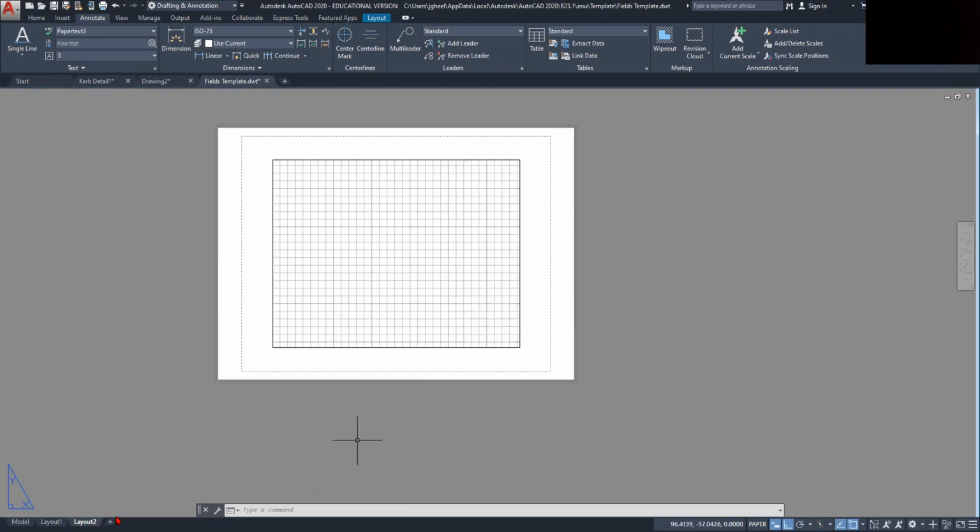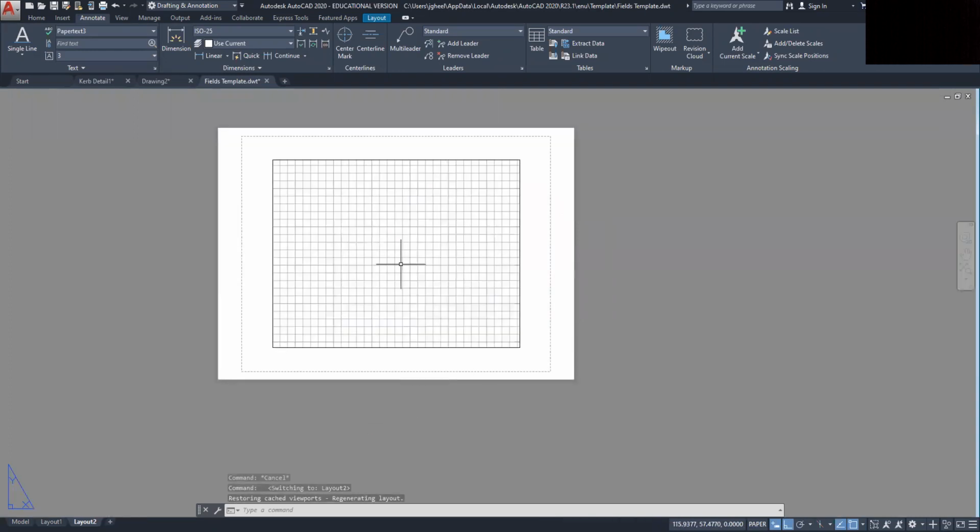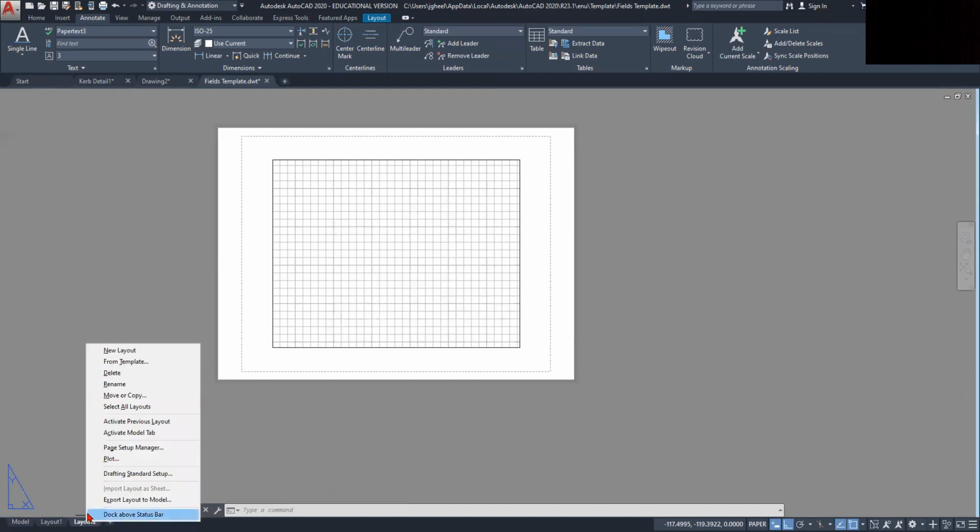If I wanted to import that particular title block, you're probably right in thinking I could copy this and then bring it into this particular layout tab. But there's another way to do that, and that's to right-click on where it says Layout 2, and then go up to From Template,